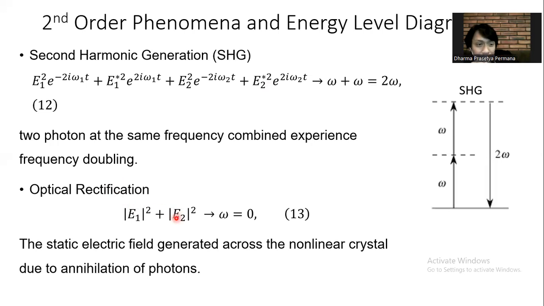Okay, up to this point, is there any question? Yeah, is there any application to the optical rectification process? Because it only generates a static electric field. What is the difference between the electric field generated by optical rectification versus a static field that is not generated by optical rectification? Well, I don't know for sure, to be honest, but if I try to combine what I